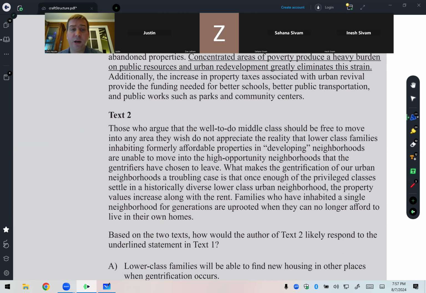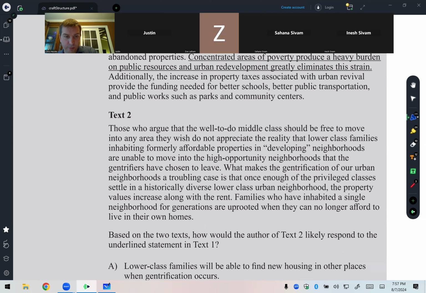What makes the gentrification of our urban neighborhoods a troubling case is that once enough of the privileged classes settle in a historically diverse lower-class urban neighborhood, the property values increase along with the rent. Families who have inhabited a single neighborhood for generations are uprooted when they can no longer afford to live in